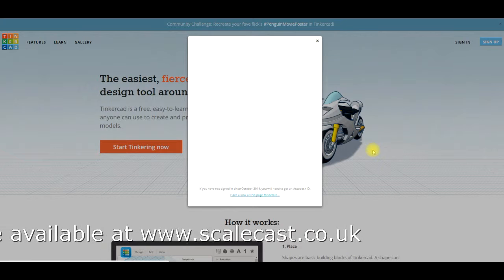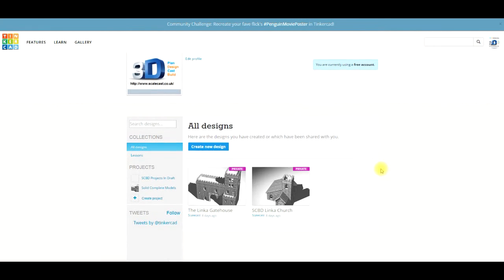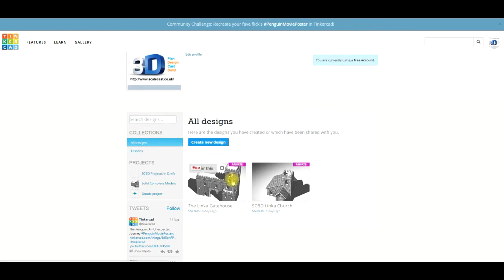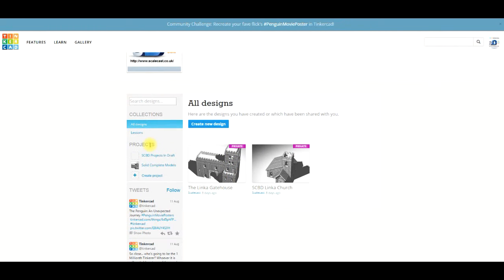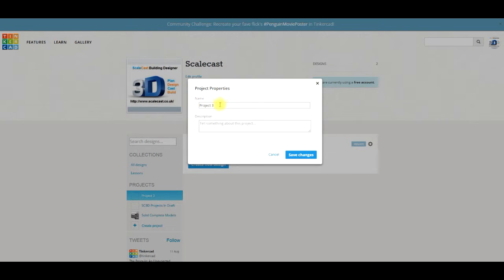and as soon as you do so you'll be faced with your profile. I've got a couple of projects already here, but pretty much that'll be empty. So I guess the first thing to do is to create a new project, because you probably won't have any. So click on Create Project down this left hand side, click Add Description, and I suggest that you may want to say something like my master parts,